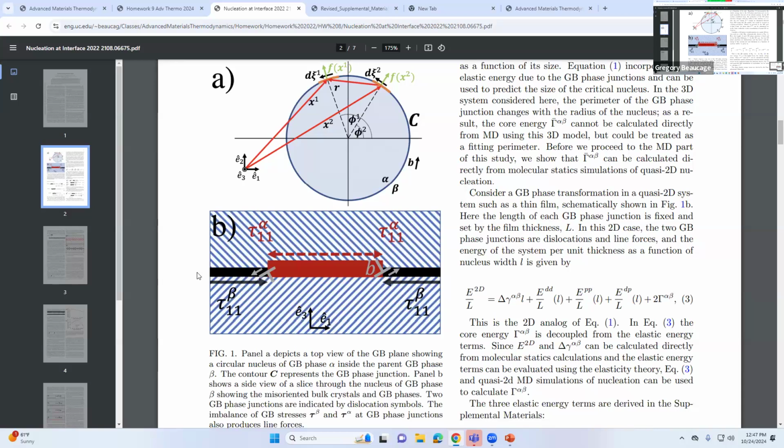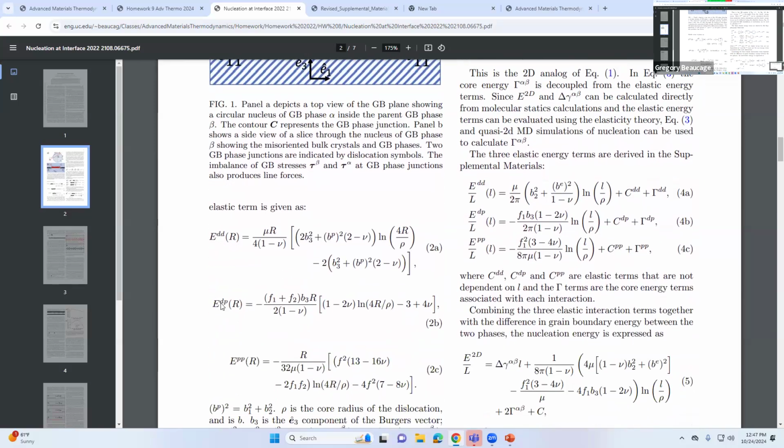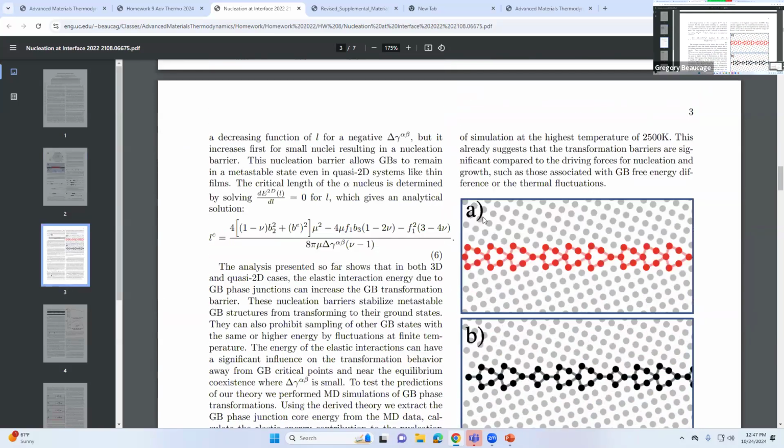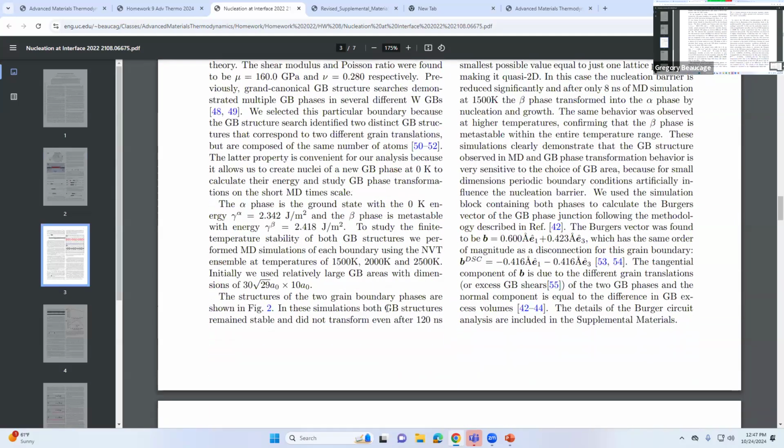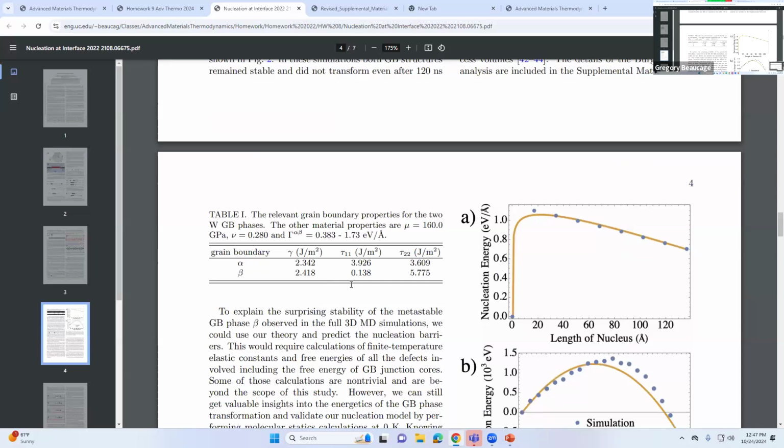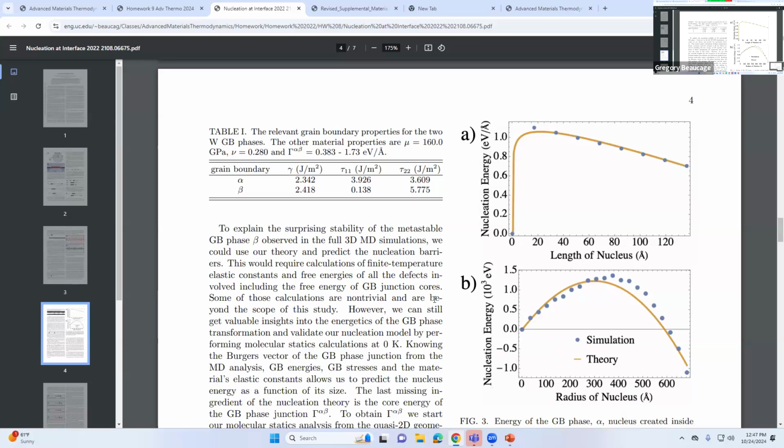So anyway, he wants to see that. And what he finds out is that you can make the beta phase and it never transitions to alpha, no matter what he does, unless he plays around with the thickness and makes it so thin that those stresses become so high, it destabilizes the beta, and then he can get the alpha to form. So he has to really bend over backwards to get this thing to form. So there's two,